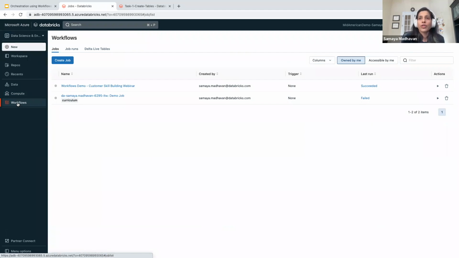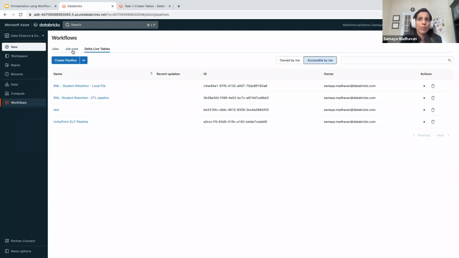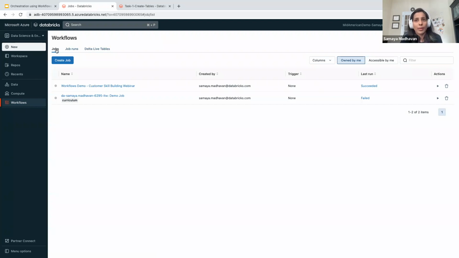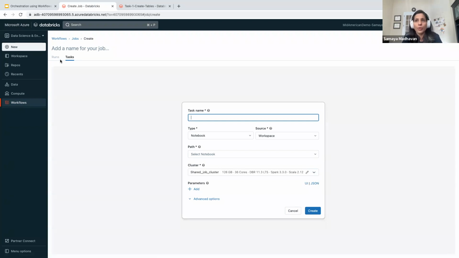So here's a first look at the workflows tab. Like we mentioned before, you'll have two main features, which are jobs and Delta Live Tables. Delta Live Tables is the managed way of creating end-to-end data pipelines to execute any ETL transformations without having to worry about the underlying infrastructure that needs to be set up. Jobs is where we'll be focusing most of the time for this demo. So to begin with, I'm going to show you how to create a job. You'll start by clicking create job, and that opens